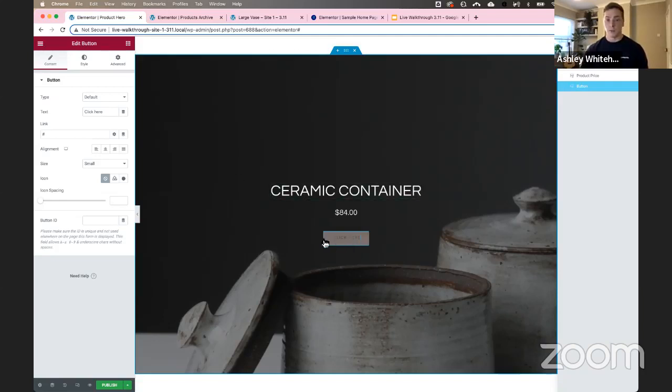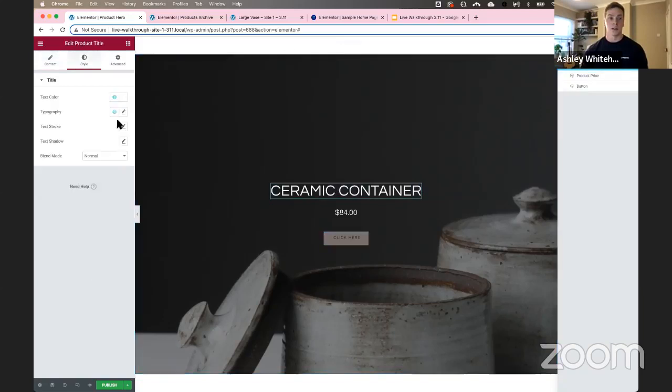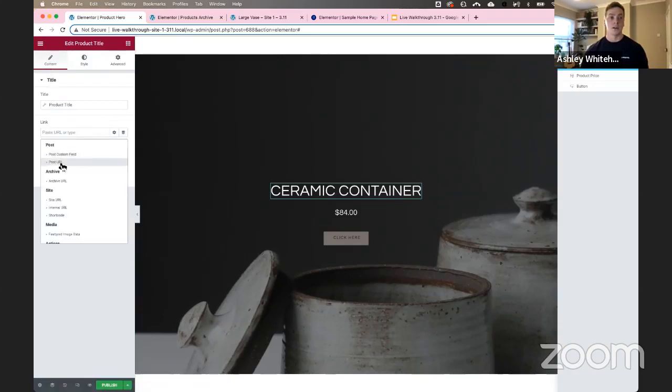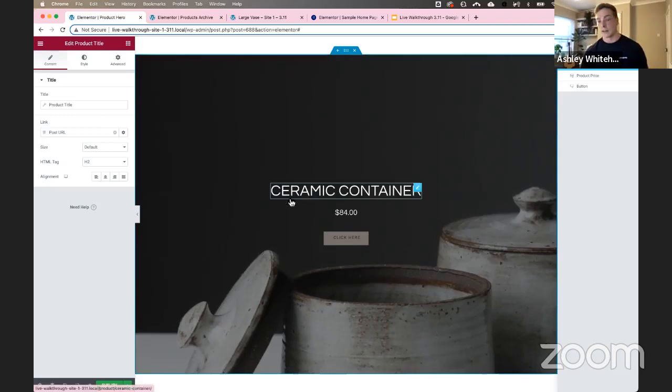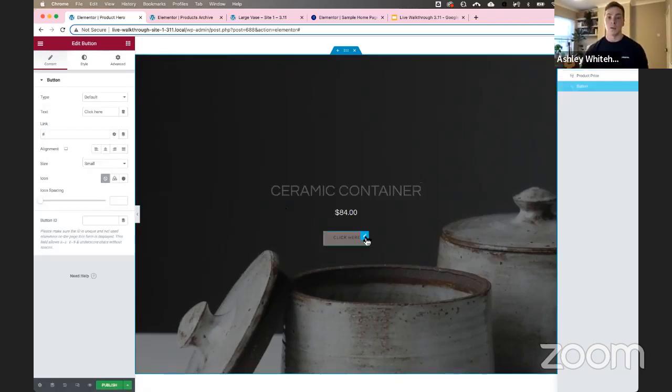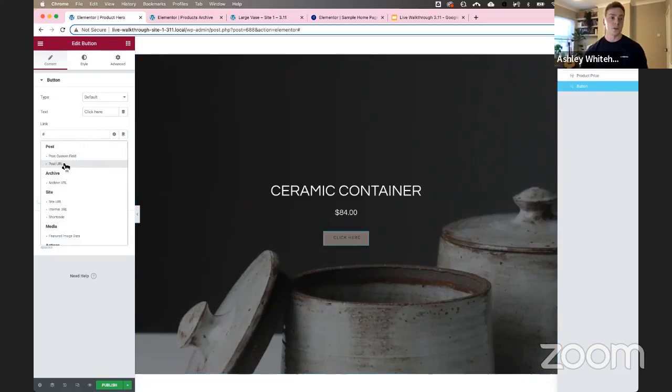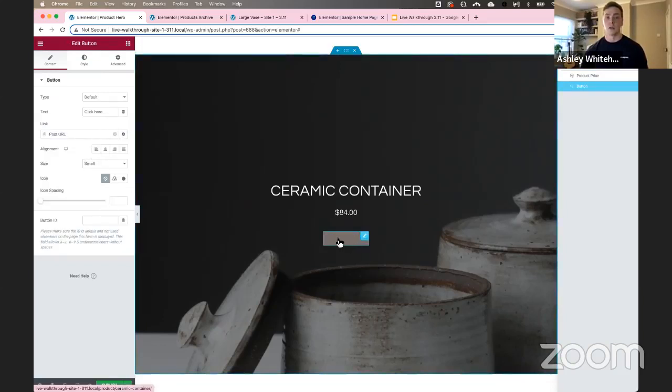And before we style this button, we can set this title to have a link. Under the link option in the content tab, we can say post URL, and then when the user clicks onto that, it will take them to the ceramic container product. And then we'll do the same on the button. So we can say that we would like it to go to the product page. And if we change the text to something like find out more,